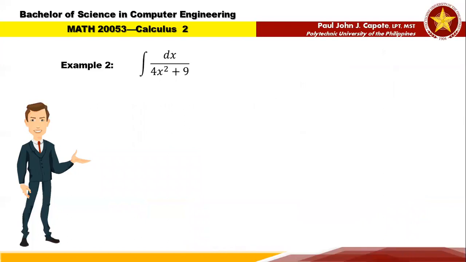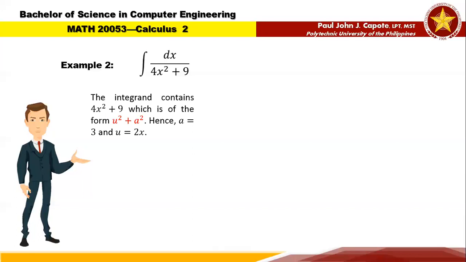Now let's have example number 2. We are to evaluate the integral of dx over 4x squared plus 9. First thing to do is to examine the integrand. Which of the 3 cases do you think is applicable in evaluating this integral? We notice that the denominator